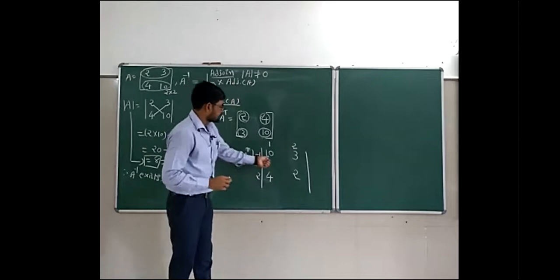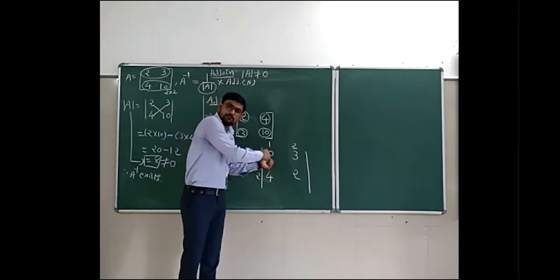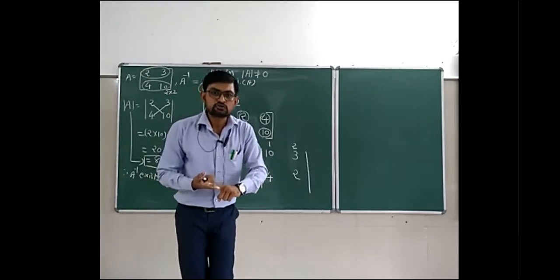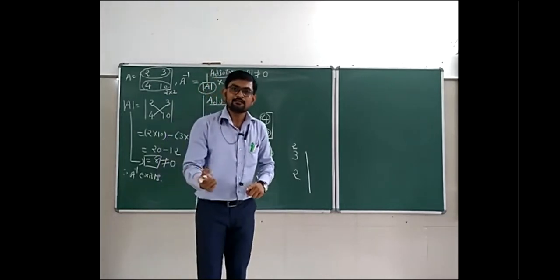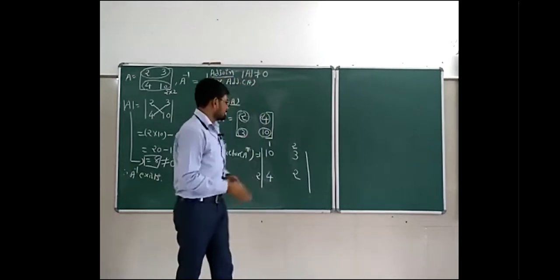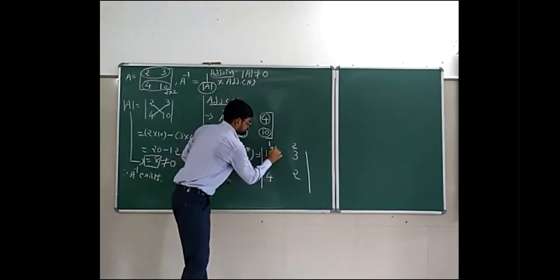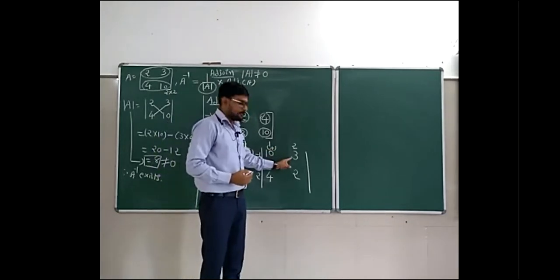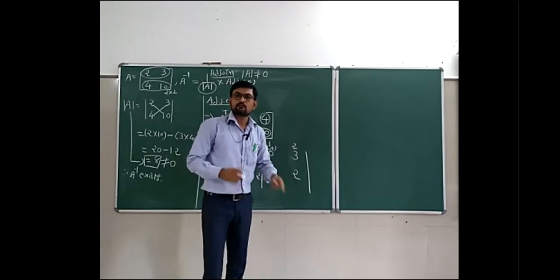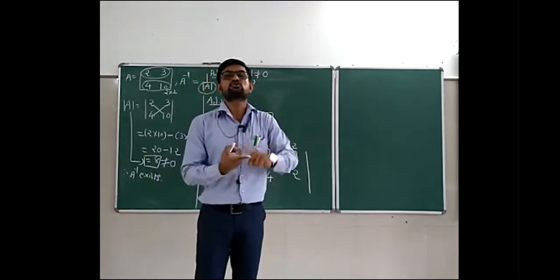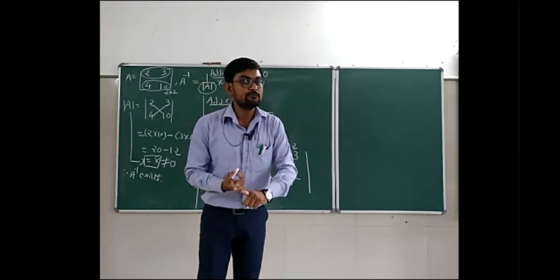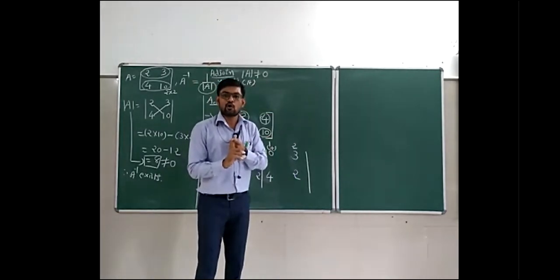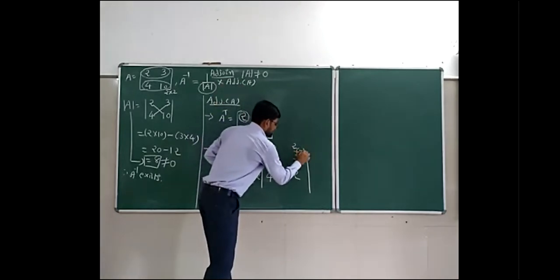So now this is the element of first row, first column. So first row, first column, 1 plus 1. What is the answer? 2. Is 2 even or odd? Exactly. It is even. So we'll use plus sign. Okay. Then here, this is the element of first row, second column. So first row, second column, 1 plus 2. What is the answer of 1 plus 2? Yes, 3. Is 3 an odd number or even number? Odd number. So we'll use minus sign.